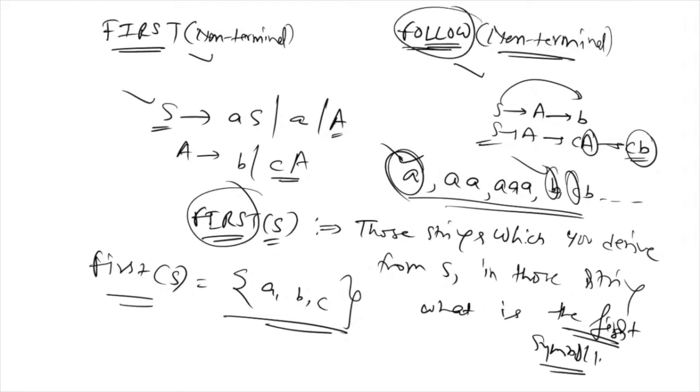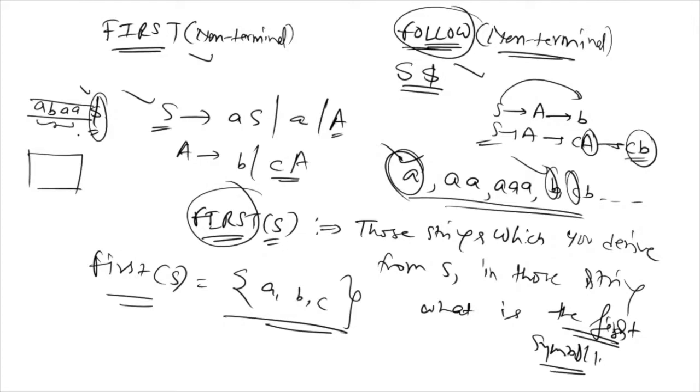The follow definition, the name itself suggests what follows you. So that is the point. For example, if you want to find out the follow of S, you can see this S is followed by dollar. Now you will be thinking, what is this dollar? In practical life, you have a parser, and to this parser you give an input string. Let's assume this is your input string. The ending of this input string is marked by this dollar. So this dollar is a special symbol that we use to mark the ending of the input string.